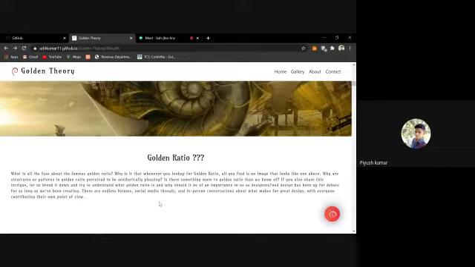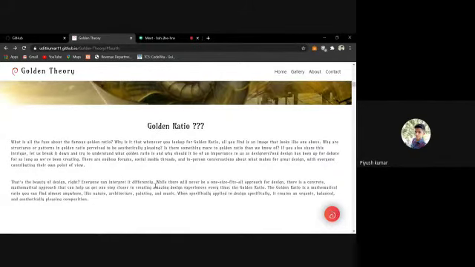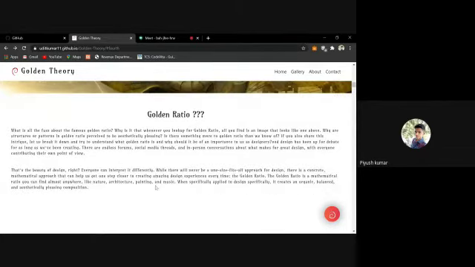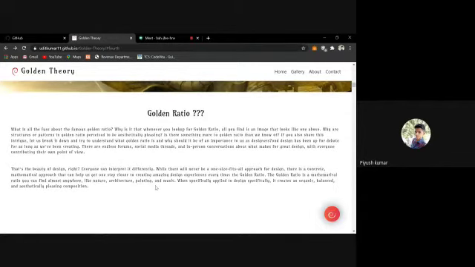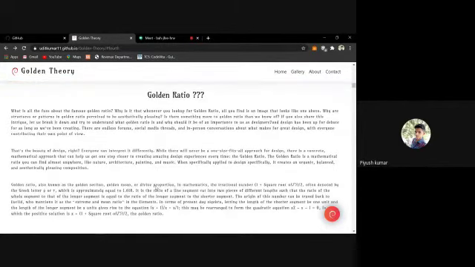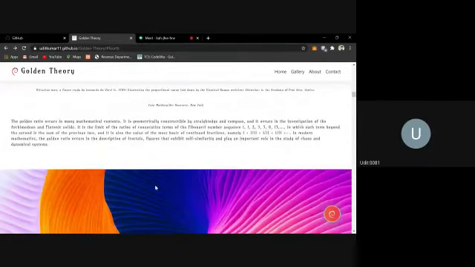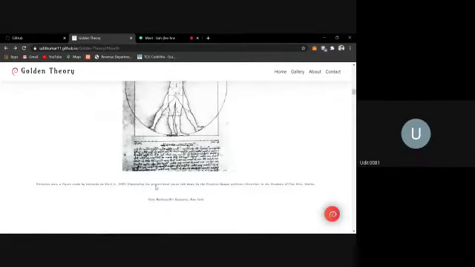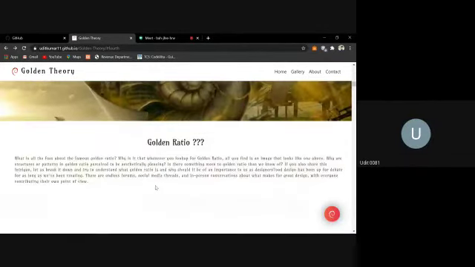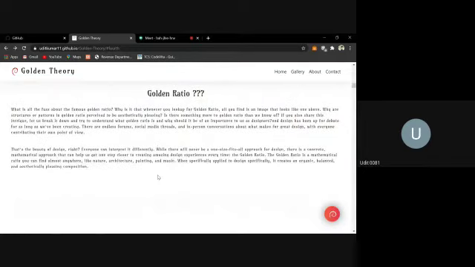Now coming to the content. We have taken this content from various websites, like I have already told you: Wolfram.com, Wikipedia, Encyclopaedia Britannica, etc. We have designed this content using CSS, and we have also given animation effects, like you can see the photos coming with fade in from left and fade out to the right. We are also using data AOS attributes, and we have even given a delay.